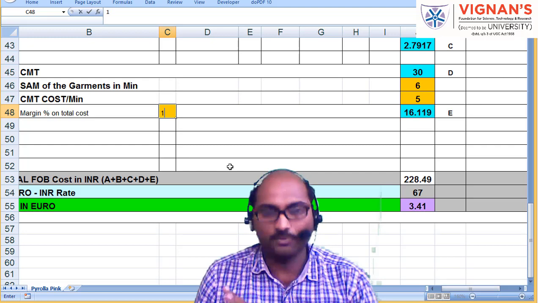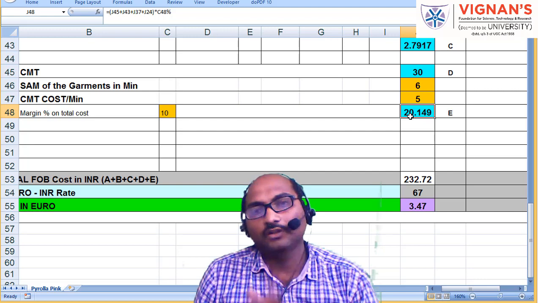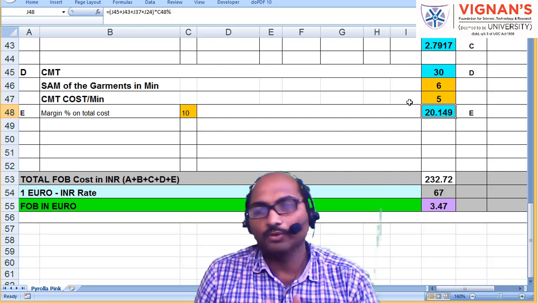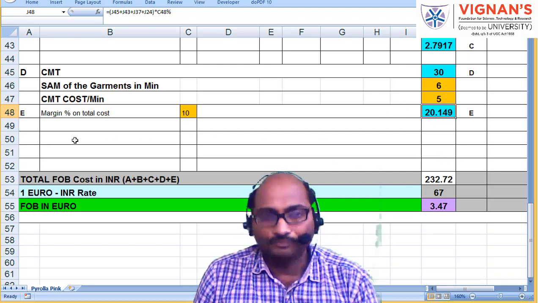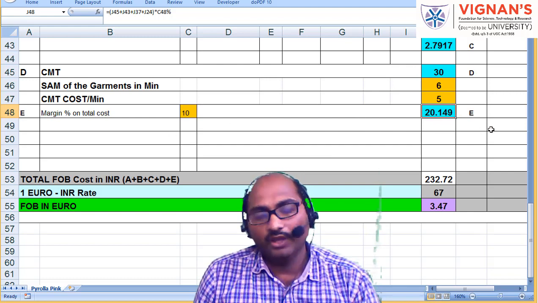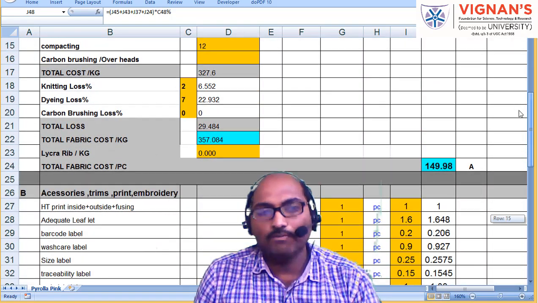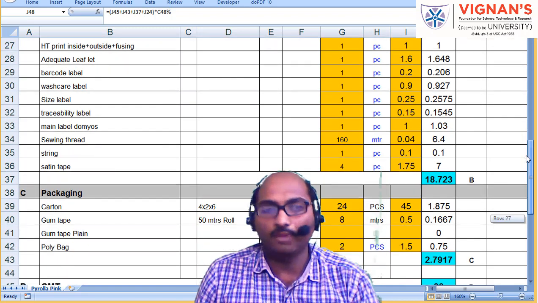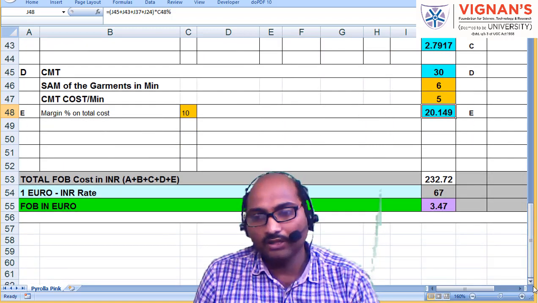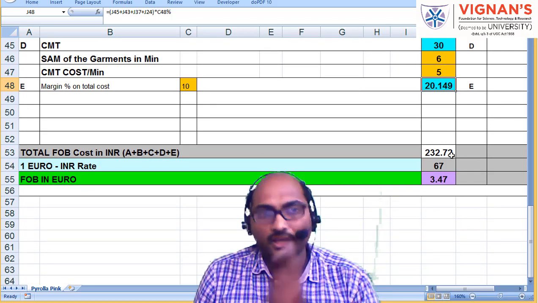This Excel sheet has been made in that way such that it is going to do it. Each of the merchandisers will maintain an Excel sheet something like this, depending upon their company procedures and other things. So the components are A, B, C, D, E. A is the fabric cost, B is the accessories, trims, print, embroidery cost, C is the packaging cost, D is the CMT cost, and E is the margin. By considering A, B, C, D and E,